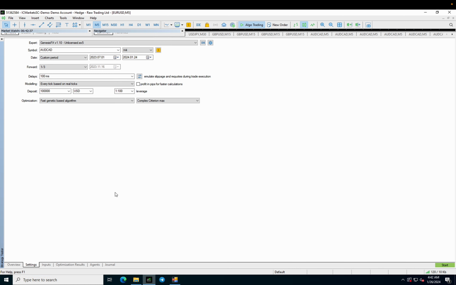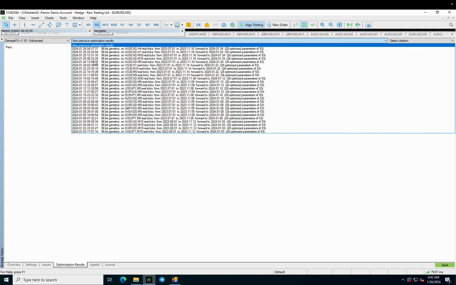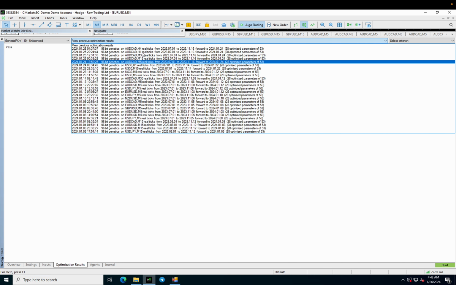After you've opened your terminal, you want to click on the optimization results, and then click on select expert and select the GenesisFX version 1.10, or whatever version you have right now if you're watching this in the future. Next, you want to click on view previous optimization results, and I'm going to start from M5 all the way to H1. So I want to click on the first M5 optimization,